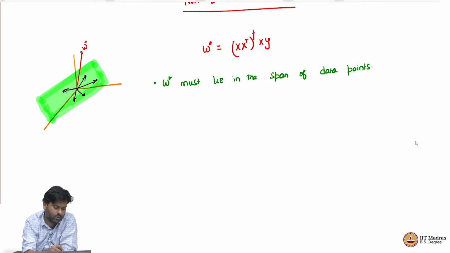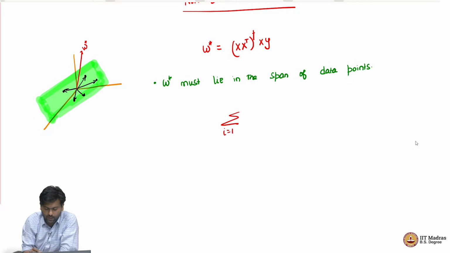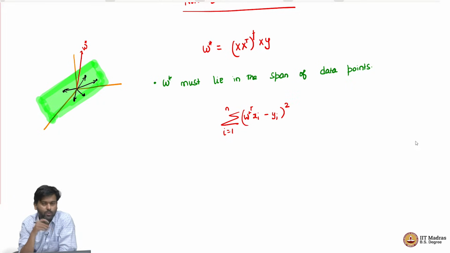Maybe this was our W star. Now, remember, W star is the one that minimizes the sum of squared error, right? So, (W star transpose xi minus yi) squared is as small as possible among all possible W's. Now,